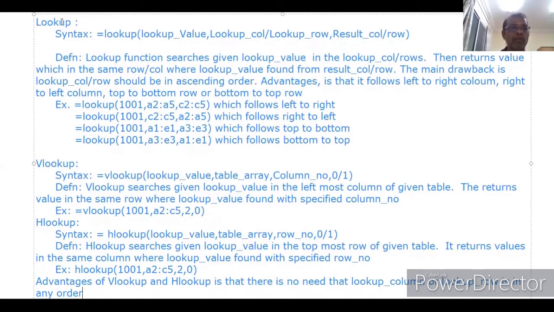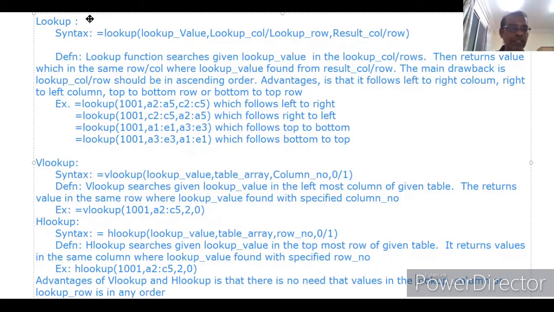Whereas in the LOOKUP function, the main drawback is that the lookup column or row should be in ascending order. In VLOOKUP as well as HLOOKUP, it is not necessary. Values in the lookup column or lookup row, that is the leftmost column or topmost row, may be in any order. It is not necessary to be in ascending order. This is the usage of the LOOKUP function as well as VLOOKUP and HLOOKUP.